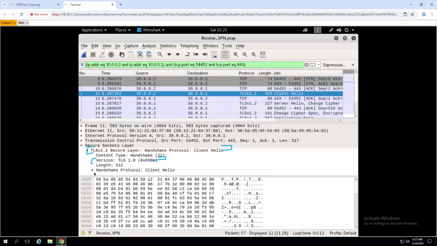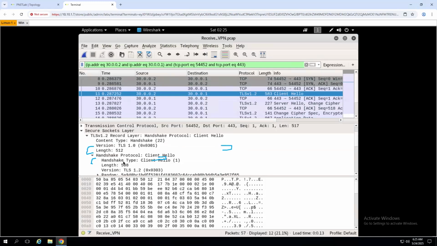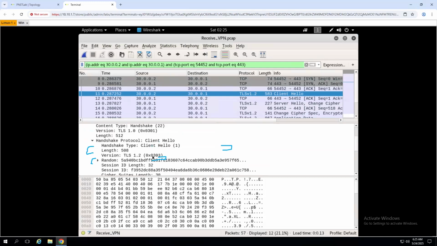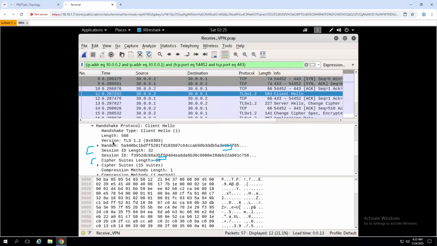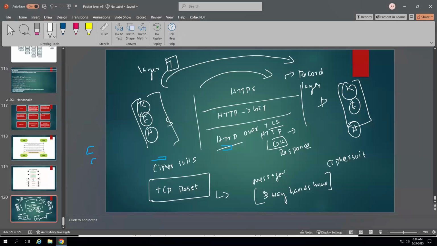And when you open your handshake protocol, it's a client hello. What else do you see? It is proposing with the TLS version. That is very important. We have to go step by step. So here, when the proposal happens and the client proposes with TLS 1.2,